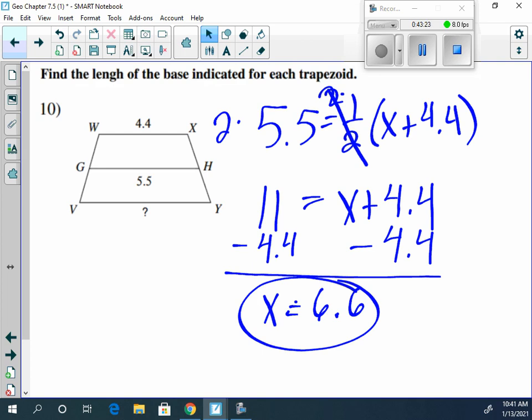But that's it. That's all we're covering so far with trapezoids. Okay? Now, tomorrow we will cover